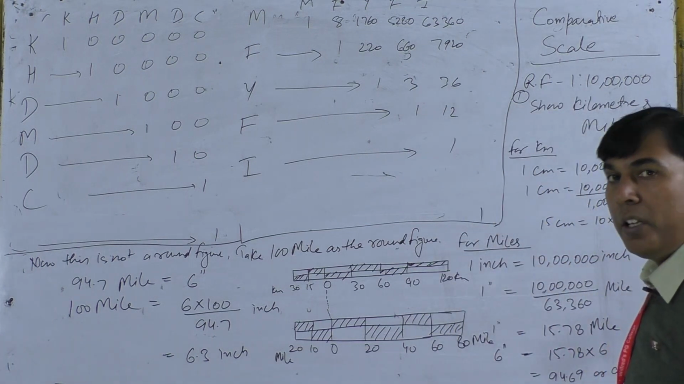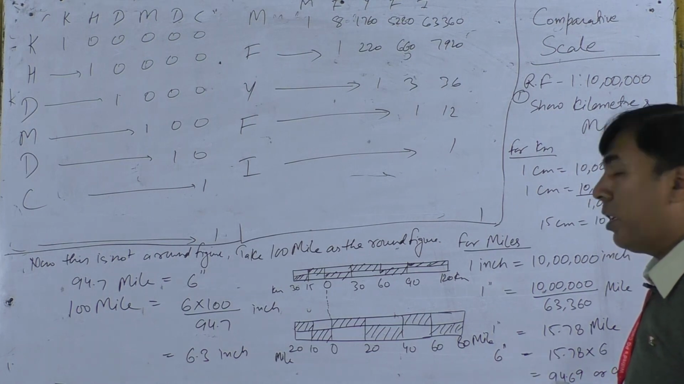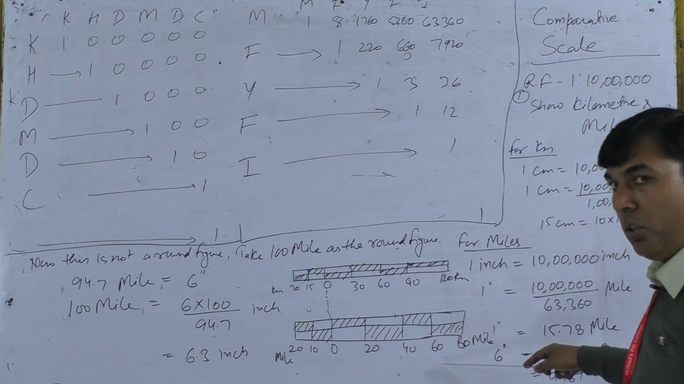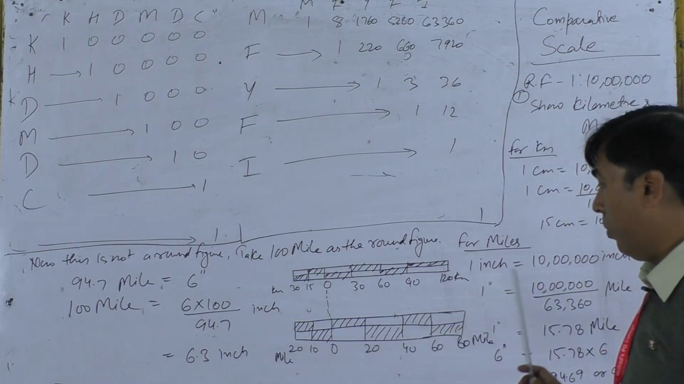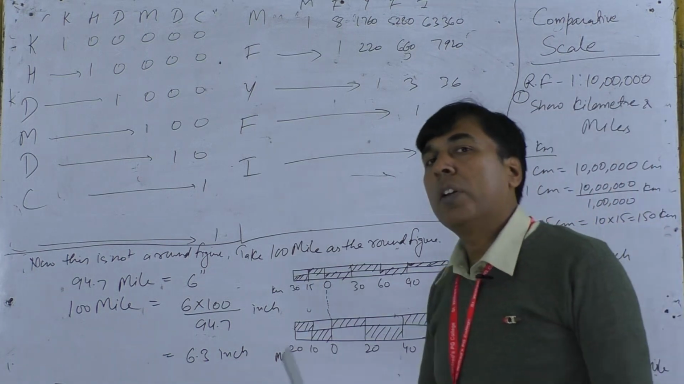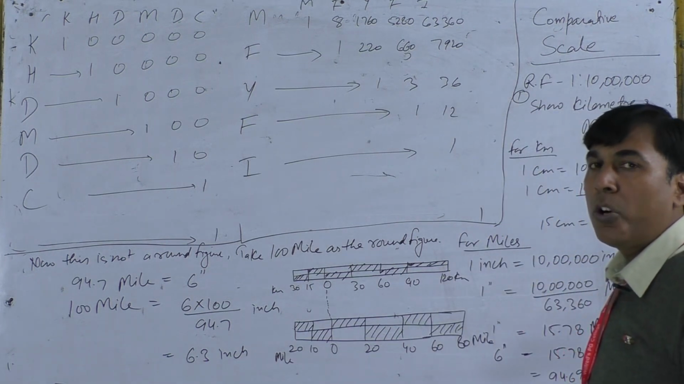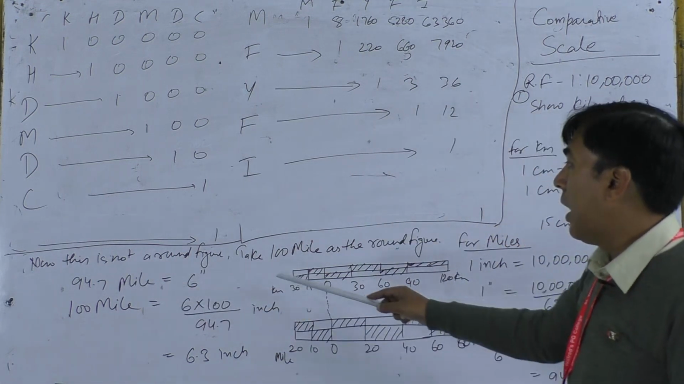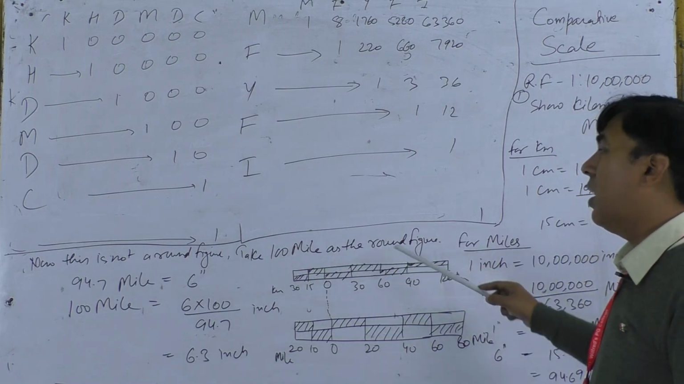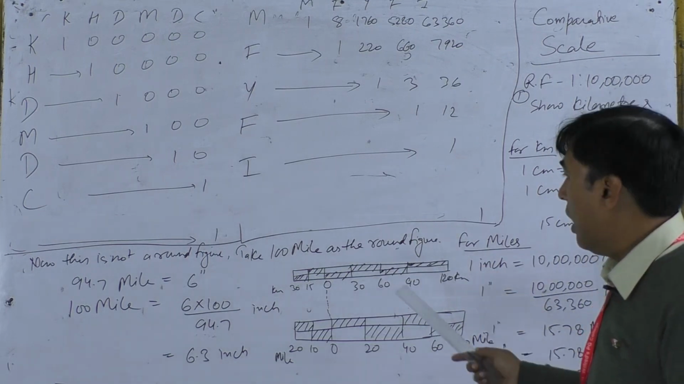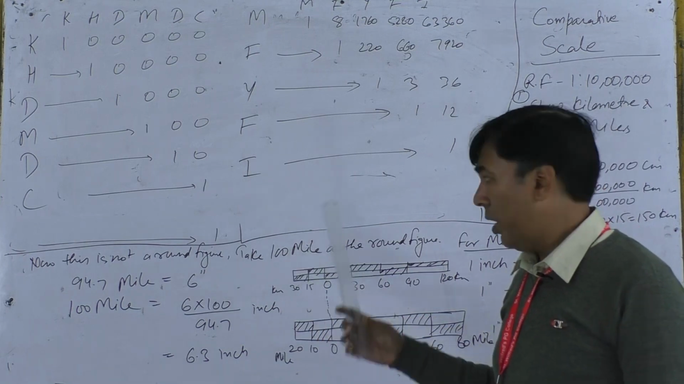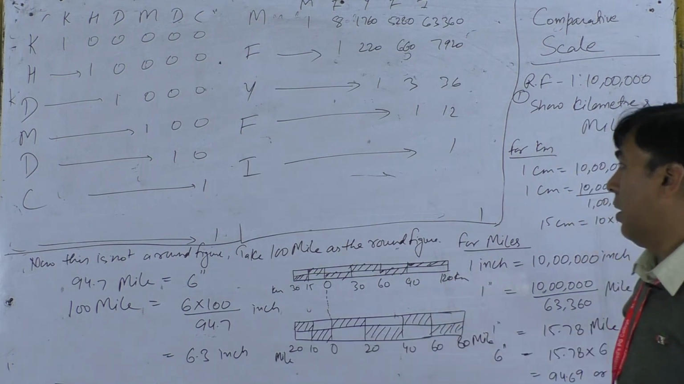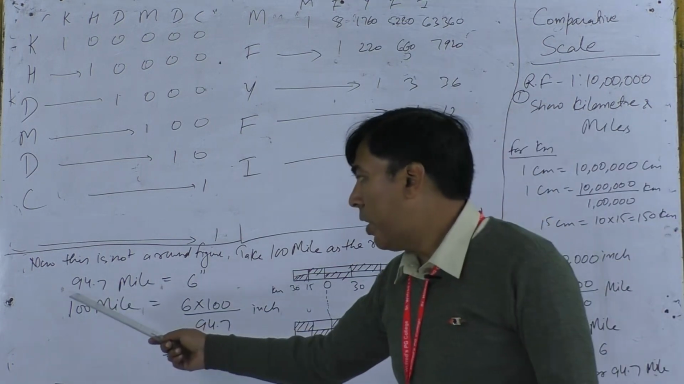But here it is in decimals, so we cannot show 94.69 on this sheet or on this scale because it is not a round figure. So take 100 miles as the round figure. We are taking 100 miles to show the distance on this scale. So 94.7 miles